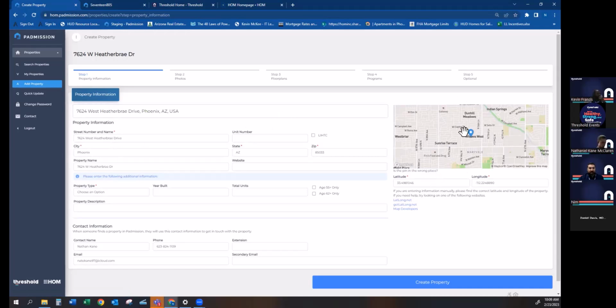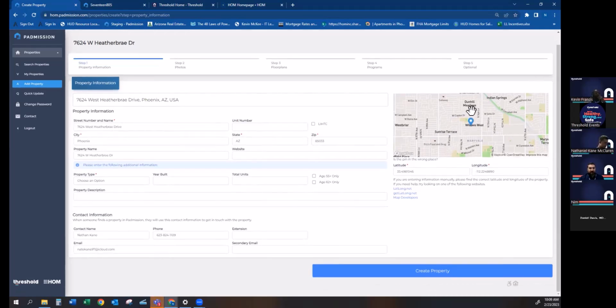So the address will auto-populate with where it is on the map. We'll go over what happens if that doesn't work out in a second, but just going through the rest of the fields here. It breaks down your city, state, zip. If it's a complex name, and let's say we wanted to call this Heatherbray Apartments, given that they are apartments in this case, this is a home, but